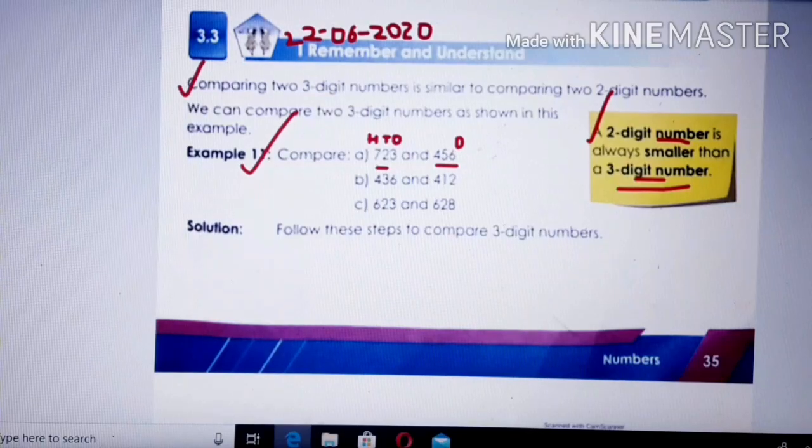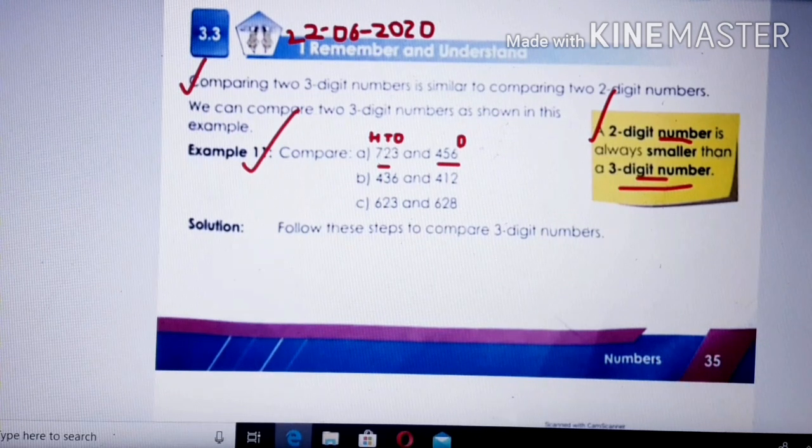So, do you remember what we did in the previous class, children? We did comparing numbers, how to compare the numbers, isn't it? Which we will today again revise, so that you can understand nicely. Next, we did how to arrange numbers in ascending and descending order, isn't it? If you know how to compare the numbers, you can very easily arrange the numbers in ascending and descending order. So let's start the class, children.